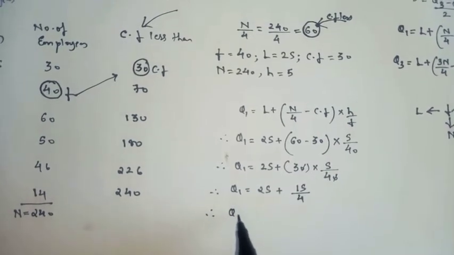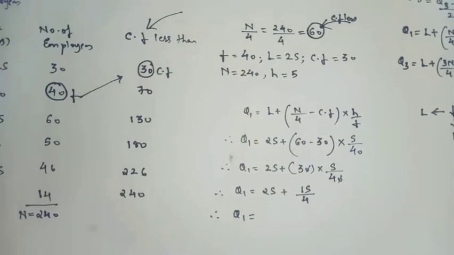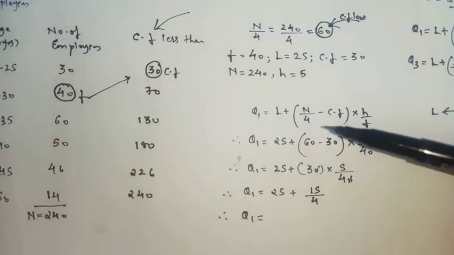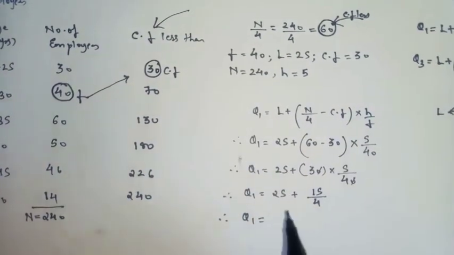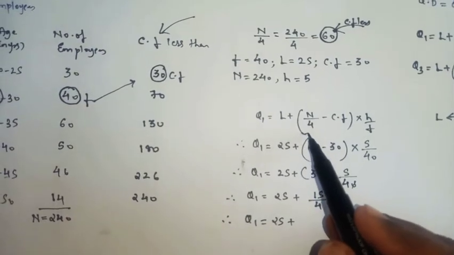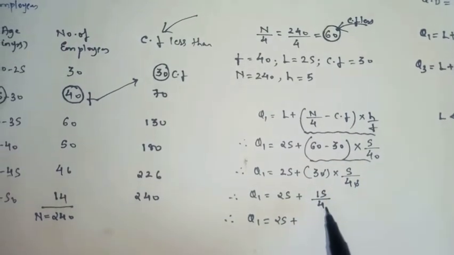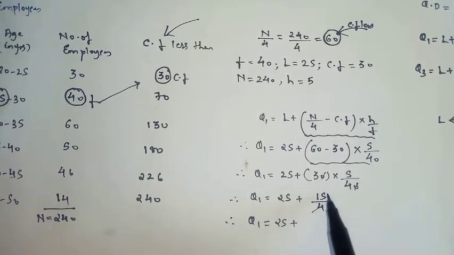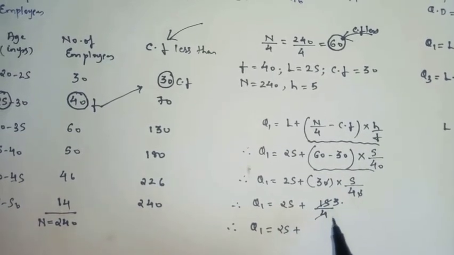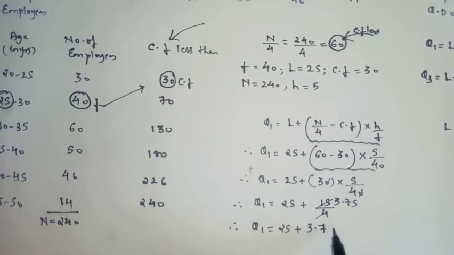So therefore, after this, there are two methods, cross multiply, or else, as I explained in the last, when we were dealing with chapter number 1, as I told, keep the value of L as it is till the last step. Whatever you want to do, multiplication, division, cancellation, you do for this section only. Okay, this part. So here we have 15 by 4. So 4 ones are 4, 3s are 12. So we're left with what? 3 7s are 28. So here we got 3.75 as the answer.